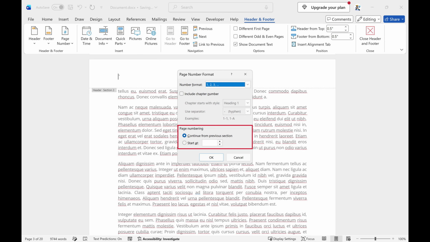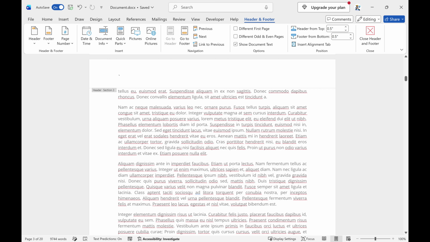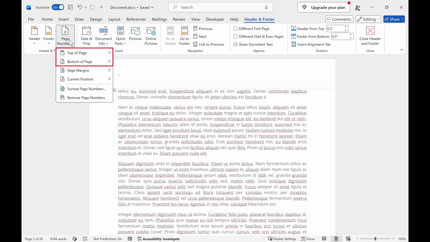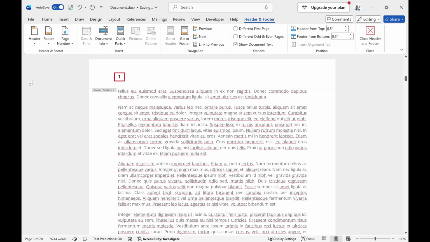Step 6. Look at the bottom of the window that pops up, select the bubble next to Start At, and then type a number 1 in the box. Click OK. Step 7. Finally, click Page Number again. Choose your preferred placement like top of page or bottom of page and select the style. Your page 1 will now start exactly on your chosen page, leaving the previous pages blank or open for different